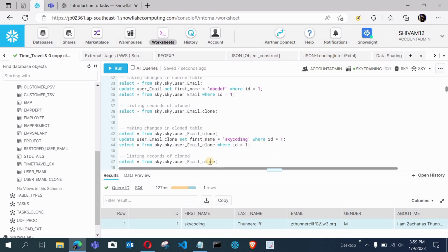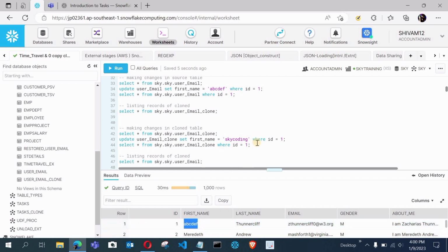Now let's check in the source table whether this sky coding is reflecting or not. Obviously it will not impact there, because these two tables are independent. You can see this is my source table, and here the first name is abcdef only.